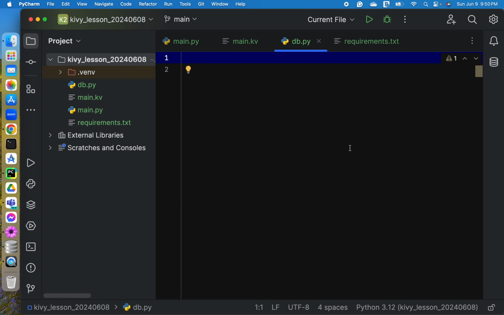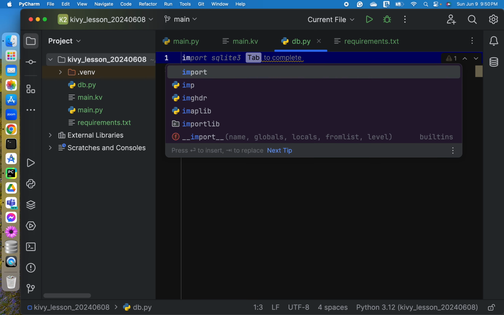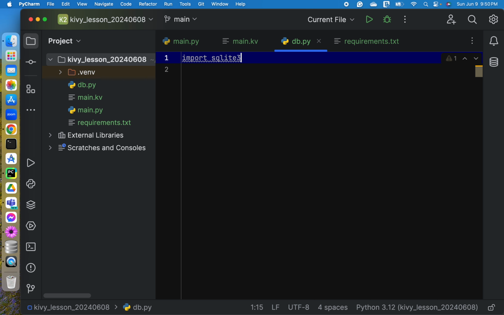So it's as simple as importing SQLite into our file. And that's it. We already have SQLite.